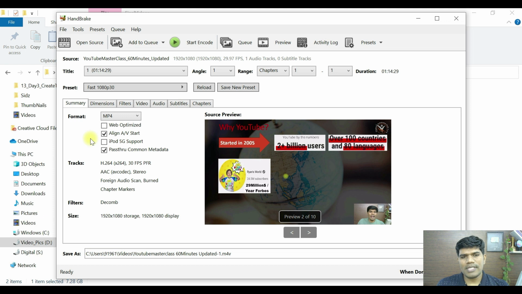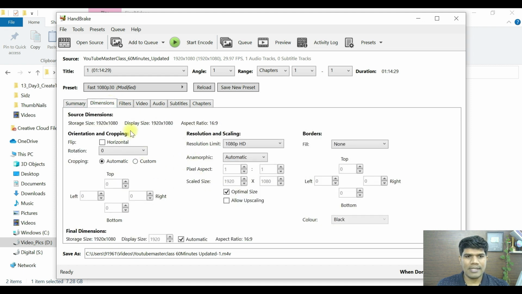Since we are going to, for example, upload onto the internet or something like that, it's good that you select web optimized. That is going to be good. And again, this is all fine. Track, filters, size. Make sure the preset says 1080 pixel, so that you get HD video quality as an output. This all looks good, where the video format is going to be 1920 by 1080, which is an HD video.